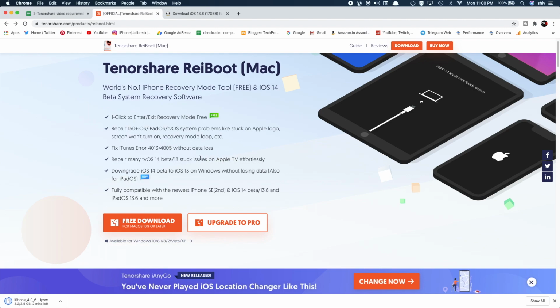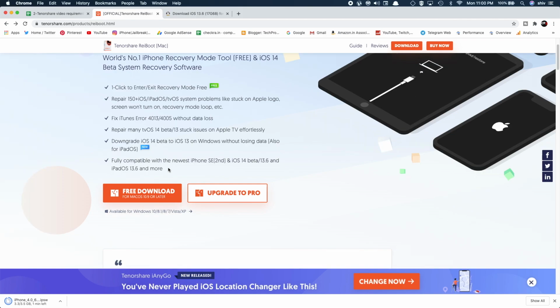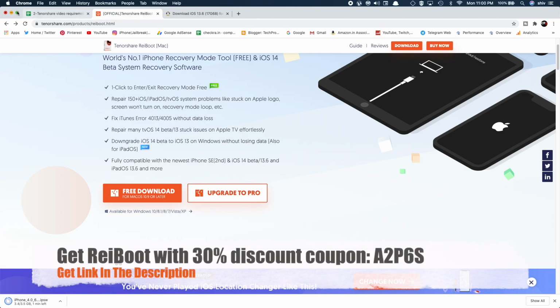As I mentioned, you can downgrade to iOS 14 beta if you are on iOS 13 without losing data, also for iPadOS. It is fully compatible with the newest iPhone SE second version and iPhone 14, 13.6 and iPadOS 13.6 and more. You can get the software here for the Mac and for Windows, and you can download the free or pro version.